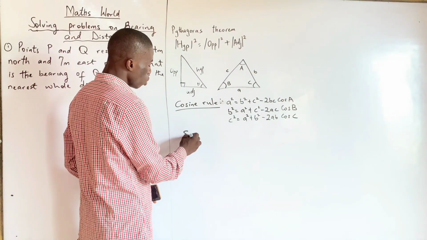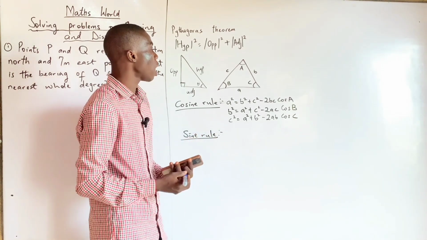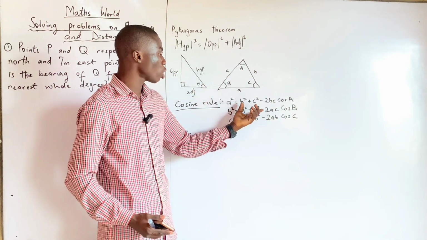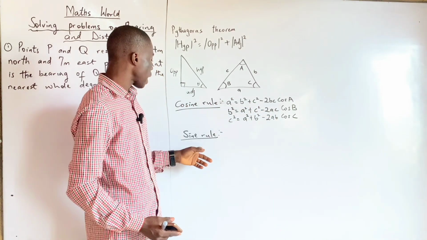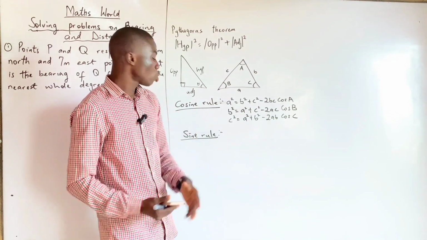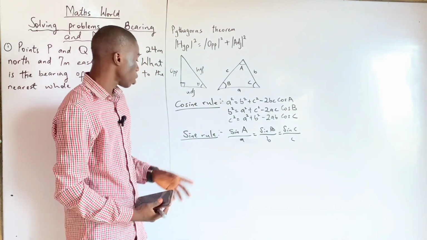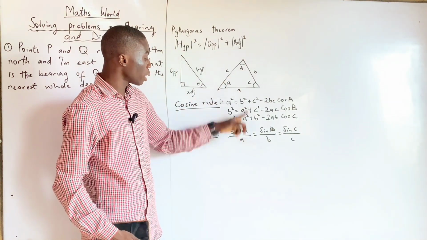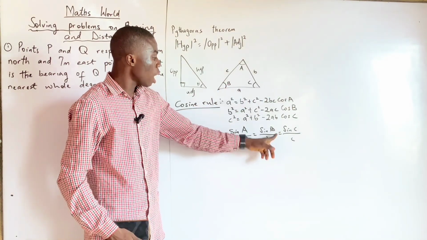But the sine rule actually talks about sides and angles. It talks about 2 angles and 2 sides. Remember, the cosine rule talks about 3 sides and 1 angle only. This sine rule talks about 2 angles and 2 sides. So it says that sine A over small letter a equals sine B over small letter b, and sine C